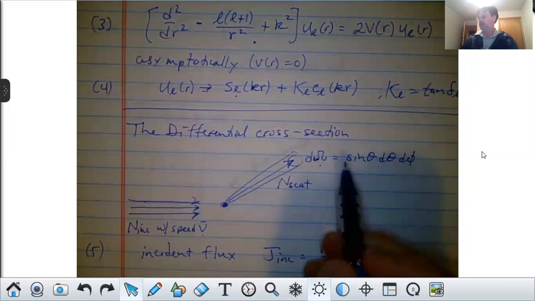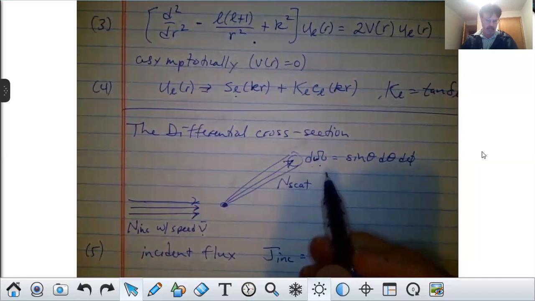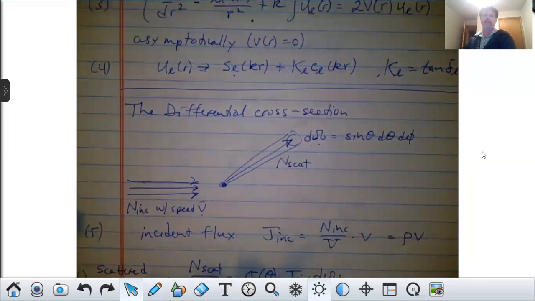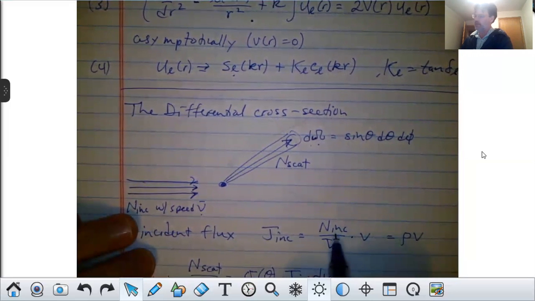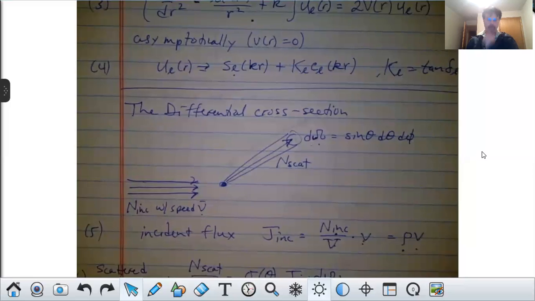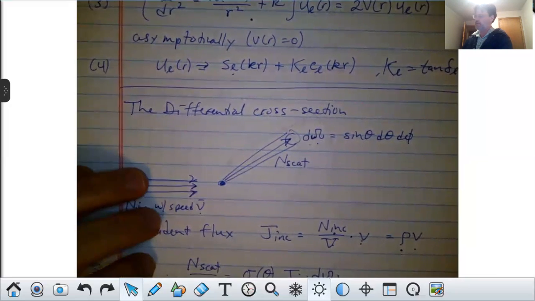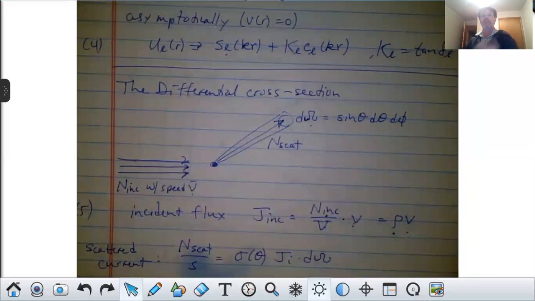And so often for this solid angle, people talk about the unit of steradians, which is kind of a generalization of the radian from just a circle to a sphere. In any case, what we talk about then is our incident flux of particles. And I talked about this a little bit when we talked about the one-dimensional problem. You have a number of incident particles per volume, or a number density, times the speed v of the particles. So this can describe your incident beam,